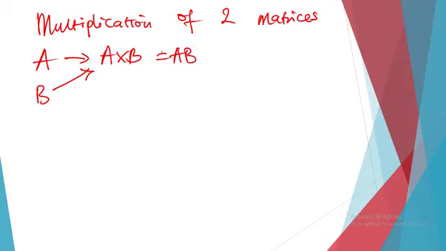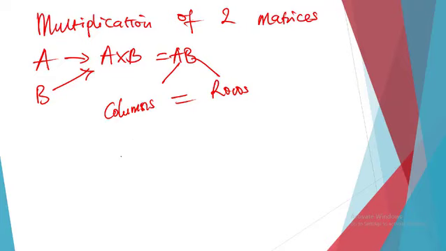For AB to be possible, the number of columns in matrix A must be equal to the number of rows in matrix B. If that condition is not met, then there's no way you can multiply the two together. I say again, the number of columns in matrix A must be equal to the number of rows in